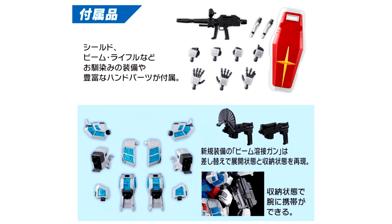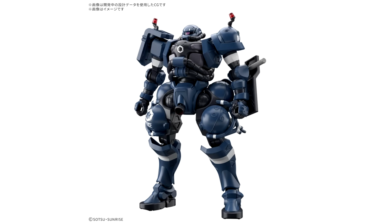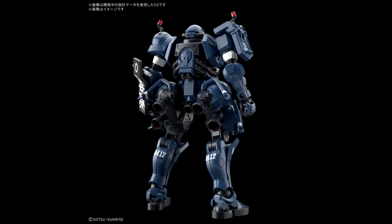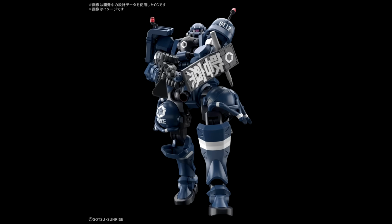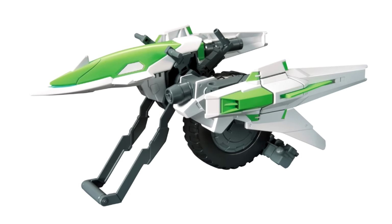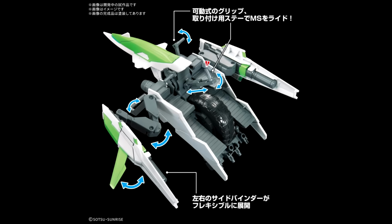One day later then, you can get the Police Zaku for 2,200 Yen, 15 US. A very thick Zaku that comes complete with a shield, a baton, Zaku machine gun, heat hawk, marking stickers, and a movable mono eye. And then finally on the 26th, we are getting the option part set Gunpla 16 Meteor